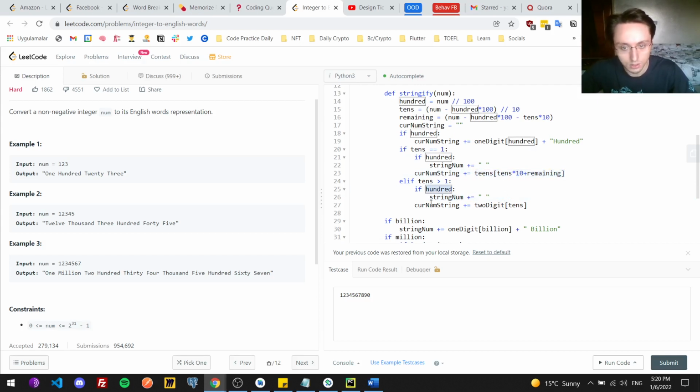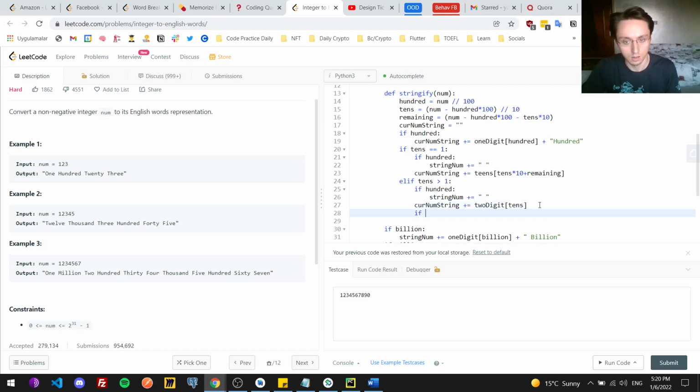If we have 100 and the tens is greater than 1, then we just take from here, and then what we do is that we basically have to, for the last digit, we have to